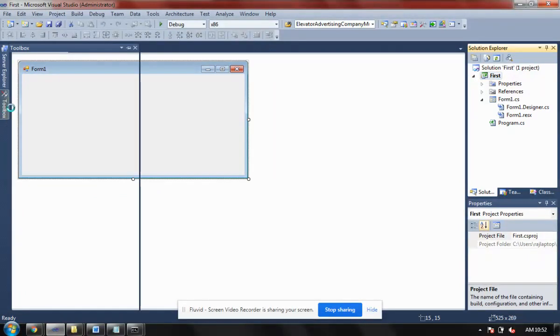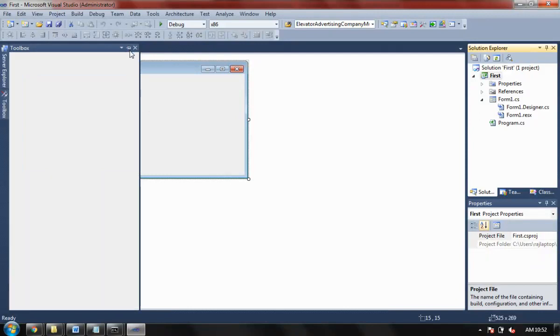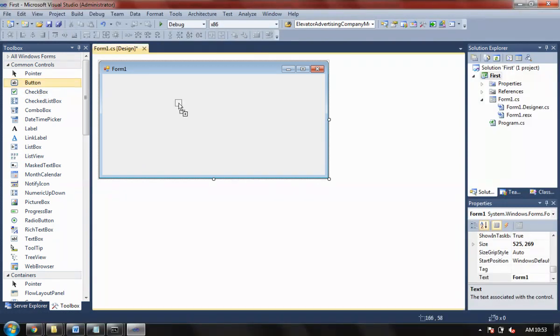I click on the toolbar, and I would prefer using a button. I drag and drop a button here. The button is there.